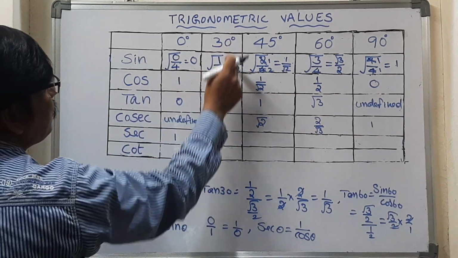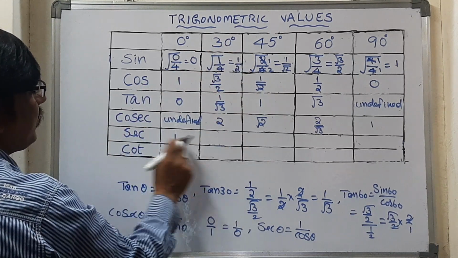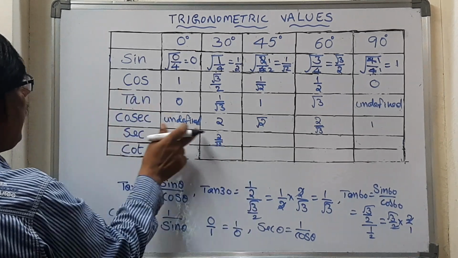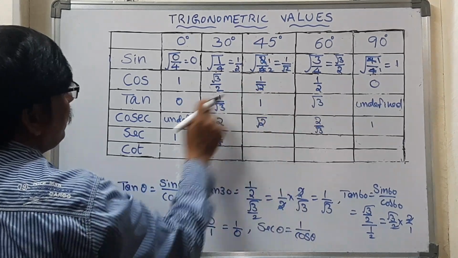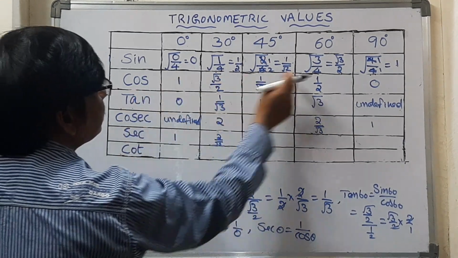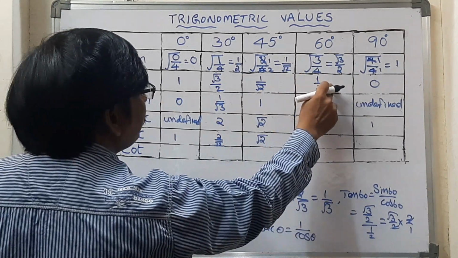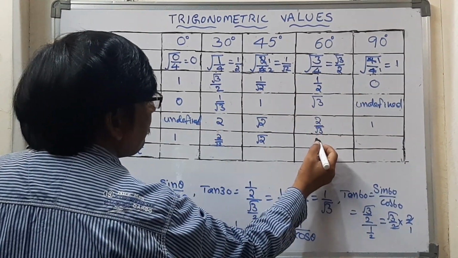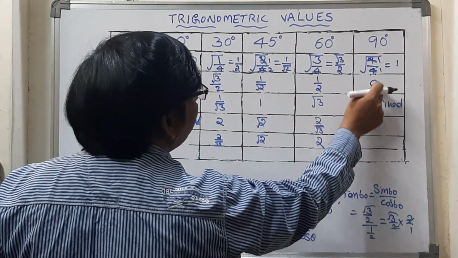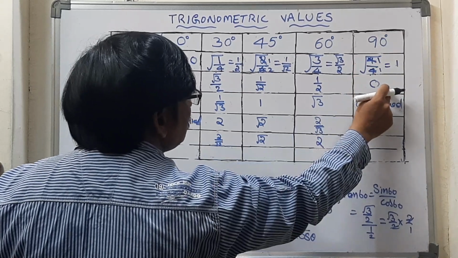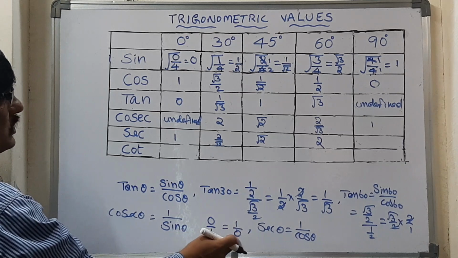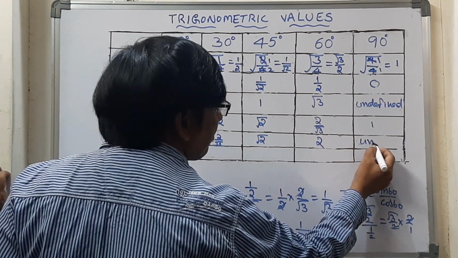And cos 30 is equal to root 3 by 2. Its reciprocal is sec theta, that will become 2 by root 3. And again cos 45 is 1 by root 2, its reciprocal will become root 2. And then again cos 60. Cos 60 is 1 by 2, its reciprocal is 2 by 1, that will be 2. And the last one in this series, cos 90, that is 0. 0 means 0 by 1. Its reciprocal is 1 by 0, so that is undefined.